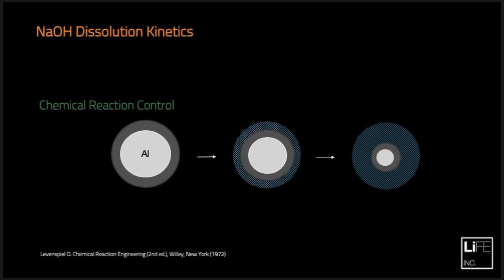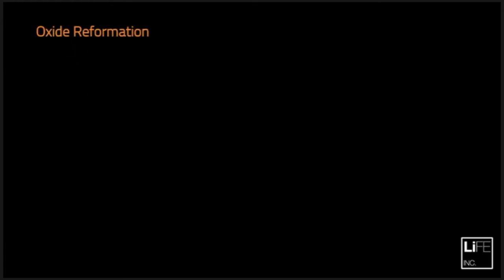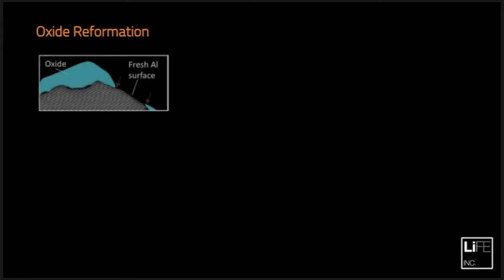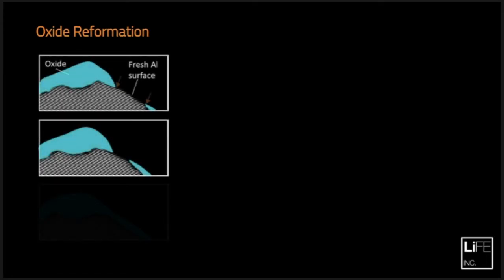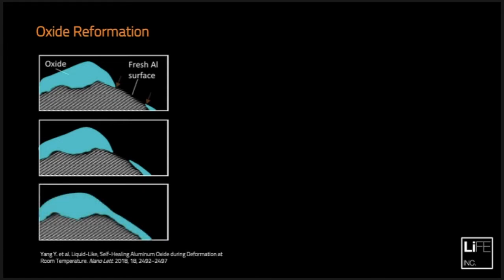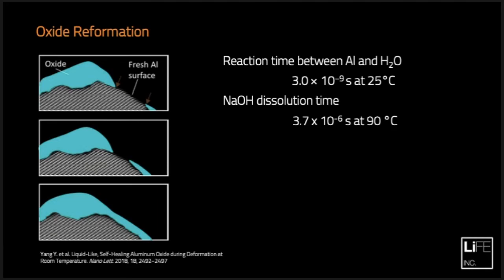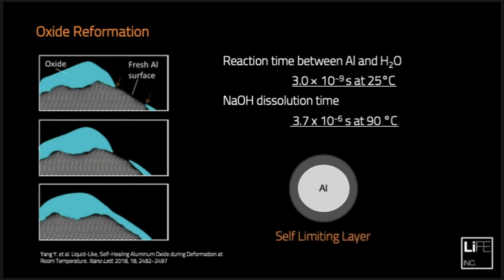Once the kinetics of the system were understood, I then justified the constant shrinking layer of oxide. Literature suggests that the oxide is able to reform rapidly due to aluminum and water in the solution reacting at a rapid rate, much faster than that of the alkali reaction. Because of this, the oxide layer is described as a self-limiting factor where the solution becomes unable to diffuse through the oxide layer to the pure aluminum as it's growing again to a constant thickness. So the overall reaction is involving two simultaneous steps of aluminum reacting with sodium hydroxide and then also reforming the